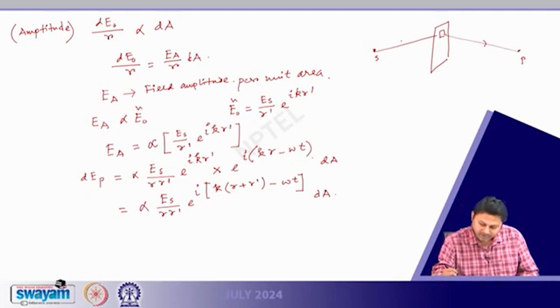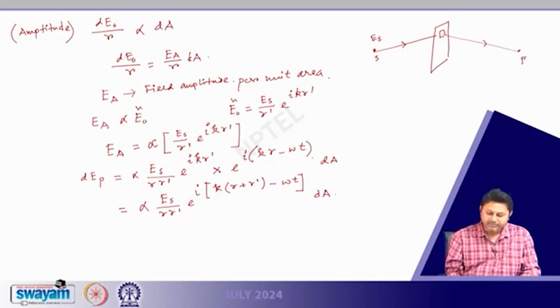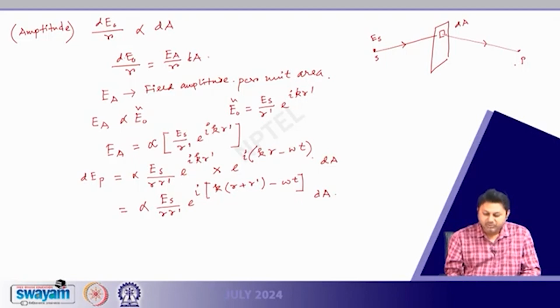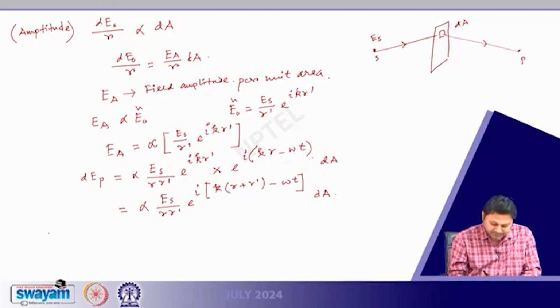So I correlate the electric field here to whatever I have here, which is EP, and it is related to this area dA. Now I want to find out what the total field here should be. Then what we are supposed to do is integrate over this aperture, and that we do. So the total field at P